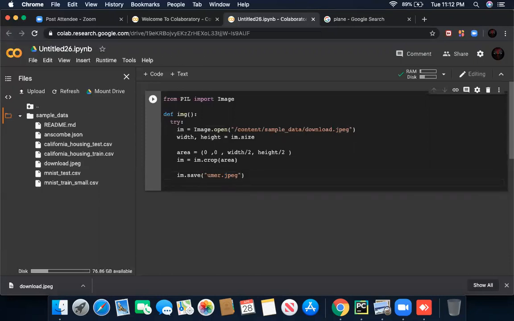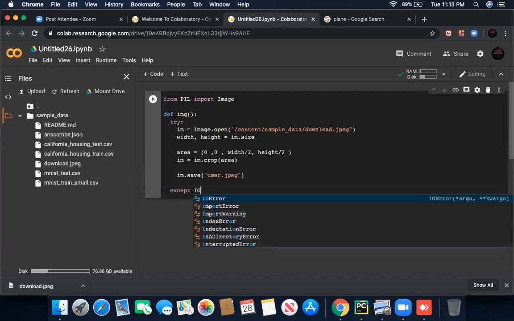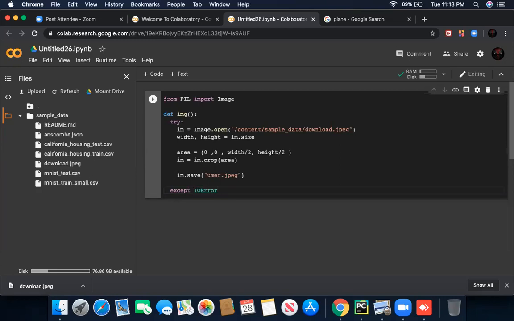Now, if an error occurs, if a huge error occurs in my image, I'm going to use except IO error. If that error appears, make it pass.